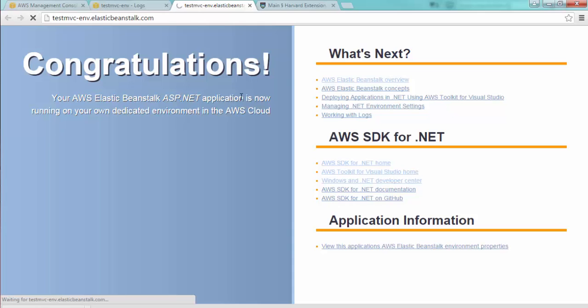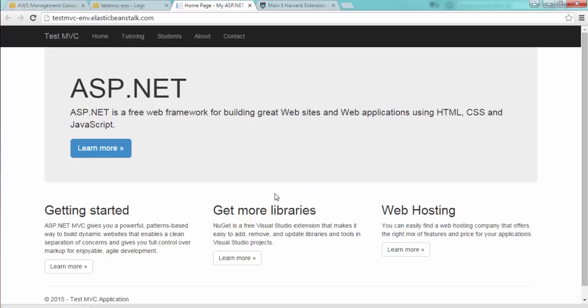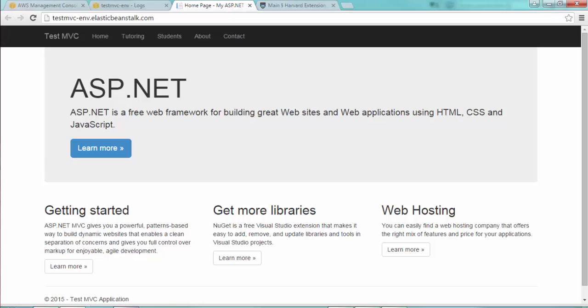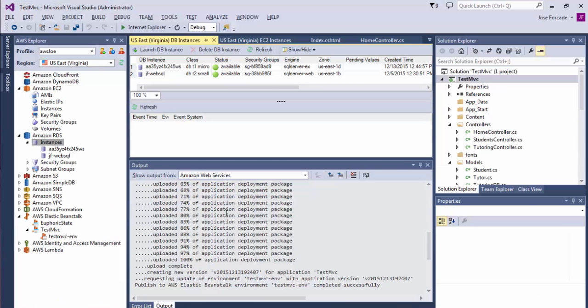Let's try this one more time. As I said before, sometimes deployed successfully means it still has a few more things to put in place before it's updated. Okay, so right on the money, here's our Test MVC with the tutoring, students, about and contact menu items. We can go into our development environment